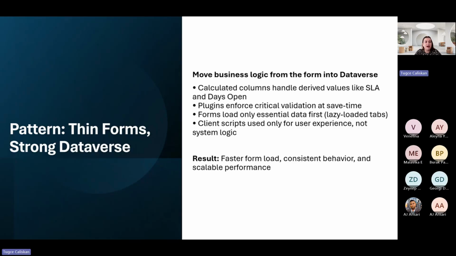And any heavy related data that we show, like a ticket can have a timeline, should load only when we need it. So in order to arrive at this point, we should consider what to load on a form, how many grids to use, how many tabs to use. There are a lot of features in the form which give us some flexibility in how the form loads, how to approach that so that we don't actually overload our form.